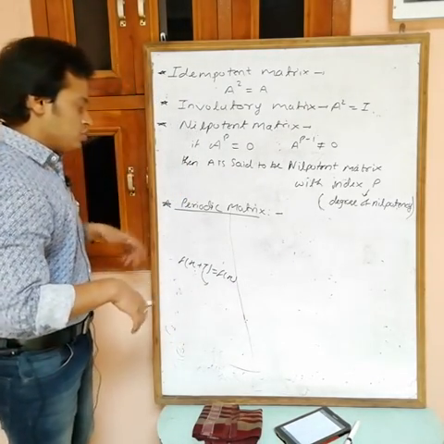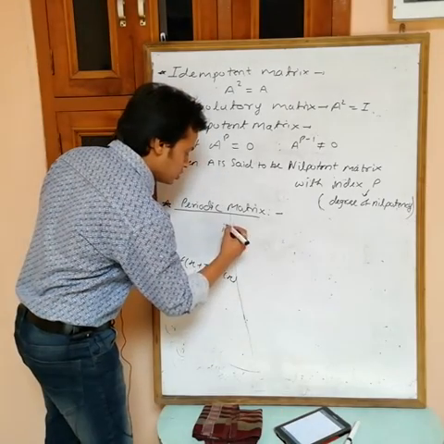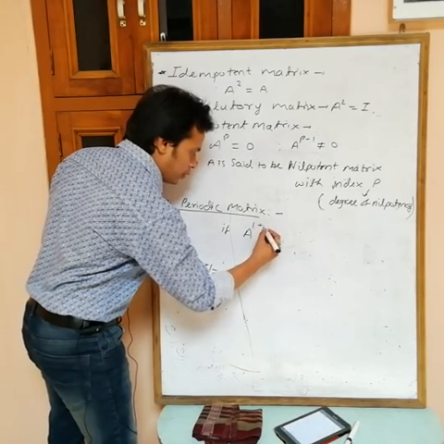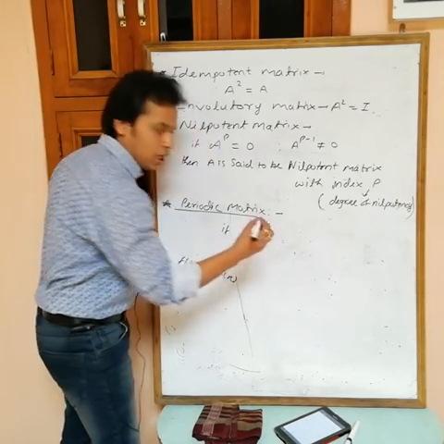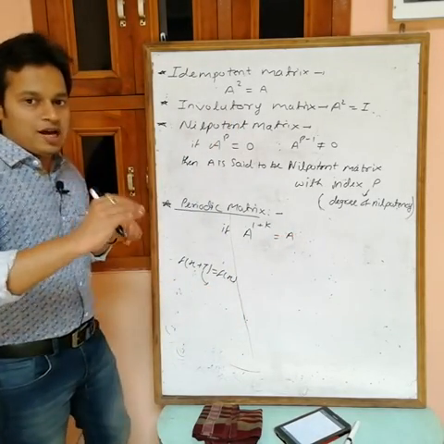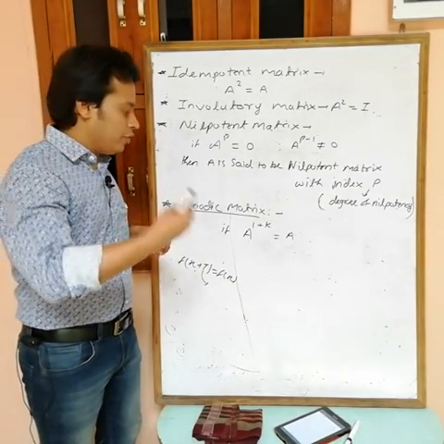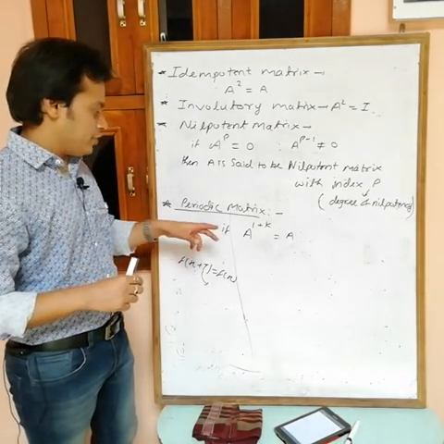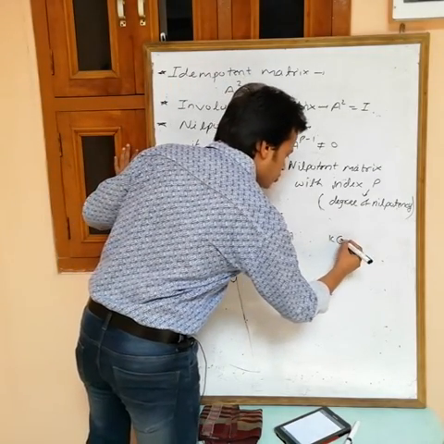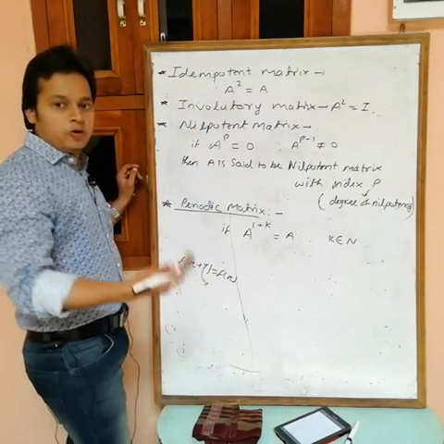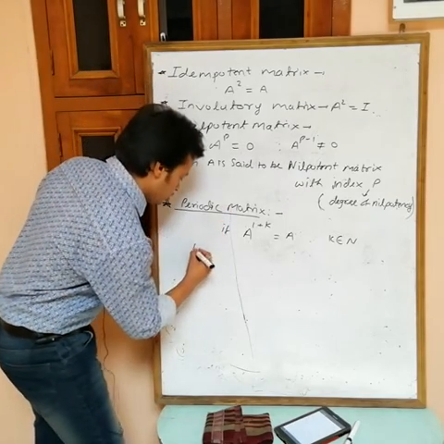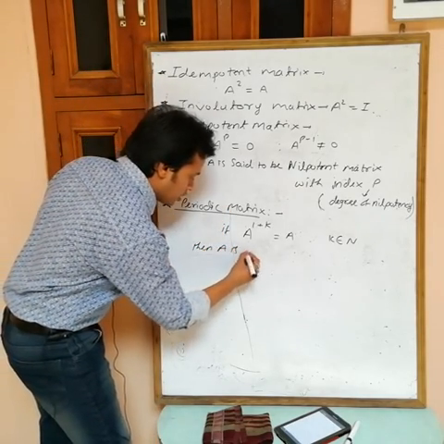Similarly, any matrix A is said to be a periodic matrix if A power 1 plus k is equal to A. It means after a certain power the values are repeated, the matrix repeats its value. So if A power 1 plus k is equal to A, where k belongs to natural numbers, meaning positive integers, then A is said to be periodic,